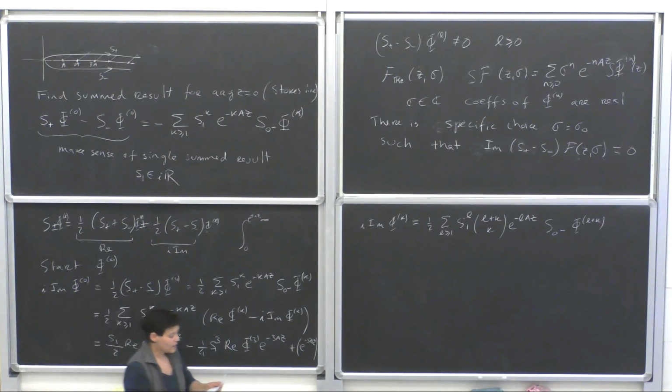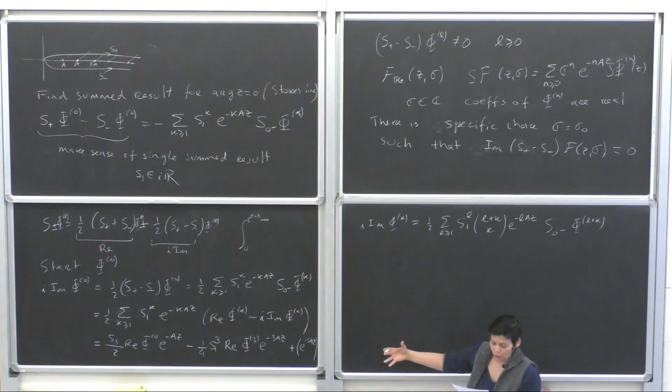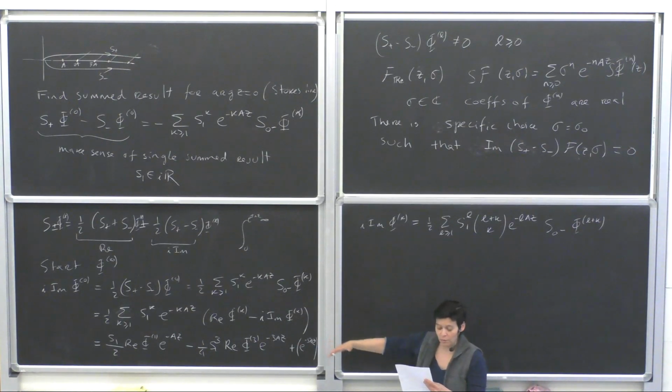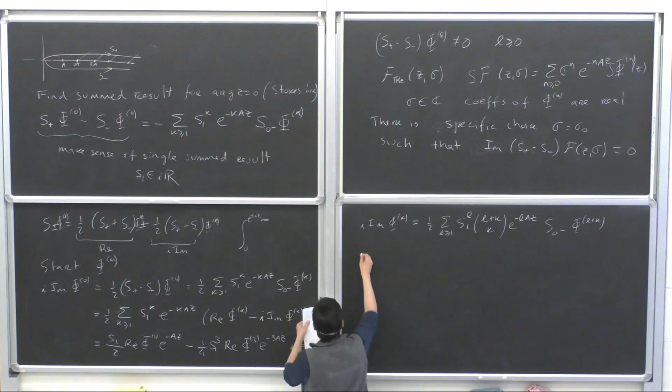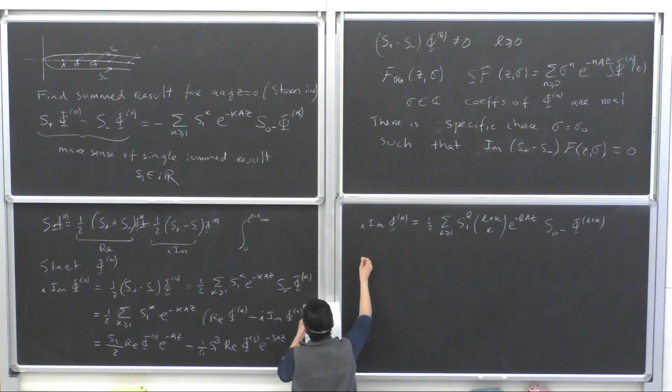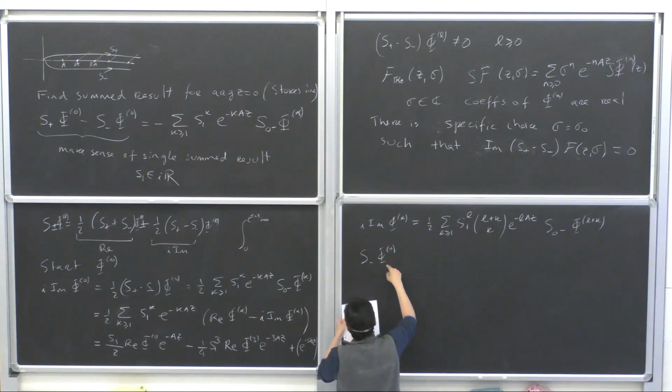So if I write this, that means that what do I need to add to phi 0 in order to cancel this? I need to add all these terms, right? So, for example, if I imagine that I'm choosing to start by S minus of phi 0. If I'm choosing S minus of phi 0 and I add to it,